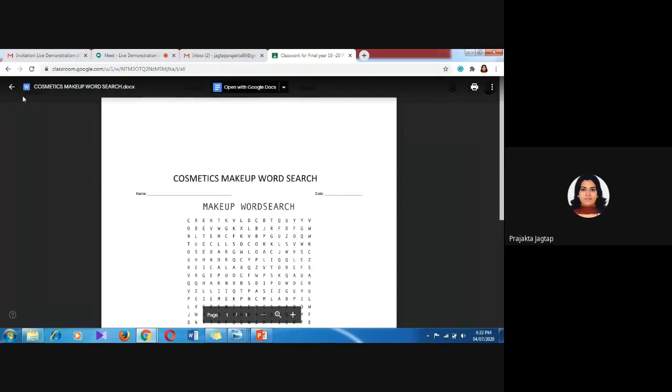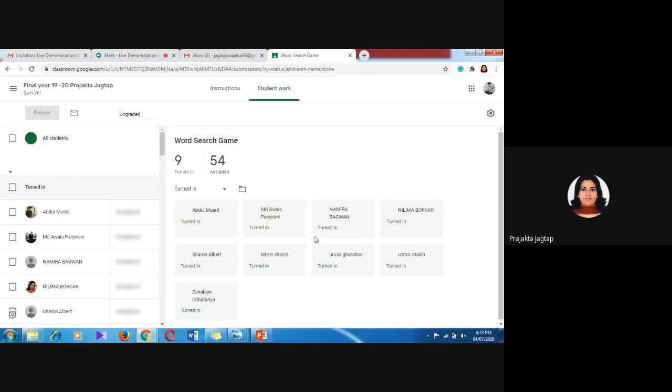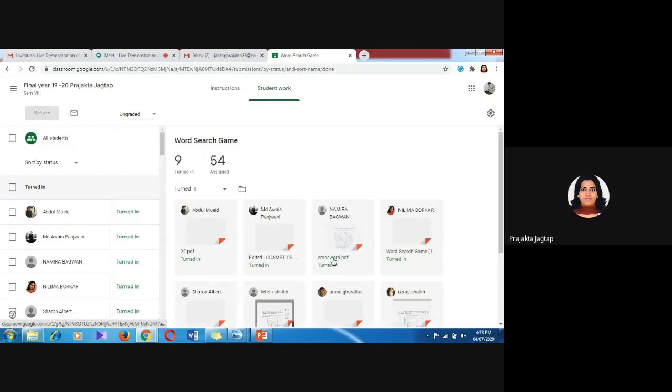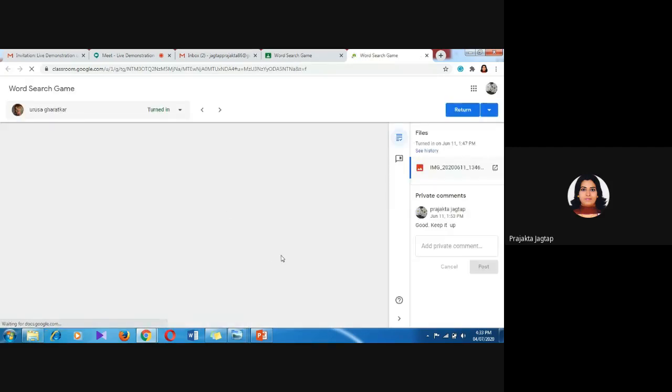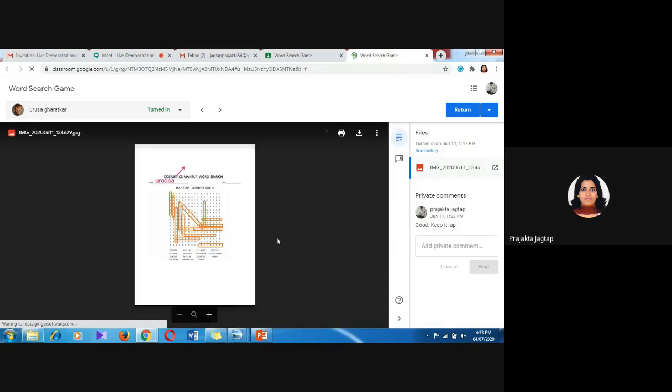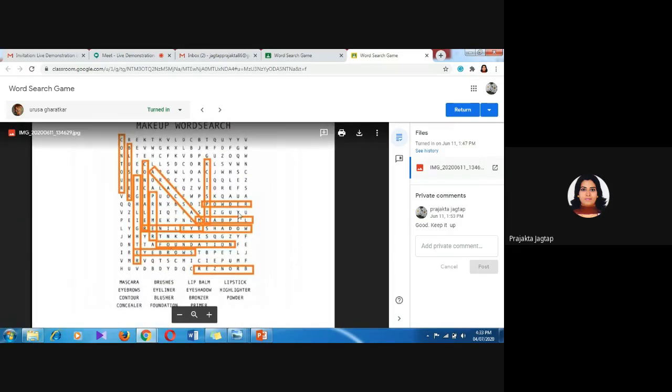Students have been assigned this game on Google Classroom through the classwork, and while sharing this PDF, I have turned on the edit option so that students can search and mark the words on the same sheet, and the solved assignment will look like this. So students are able to solve on the same sheet.